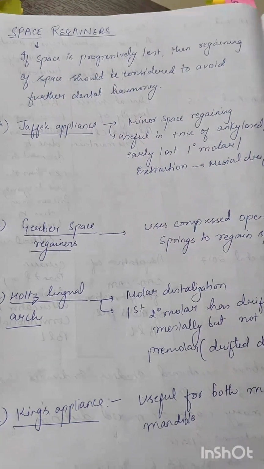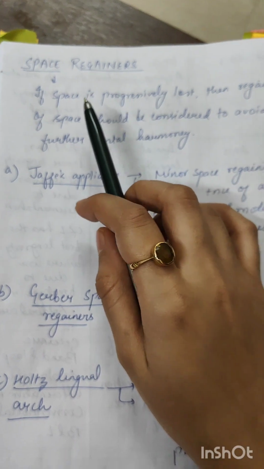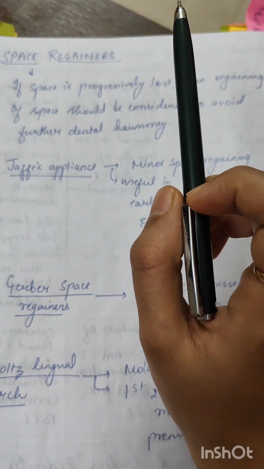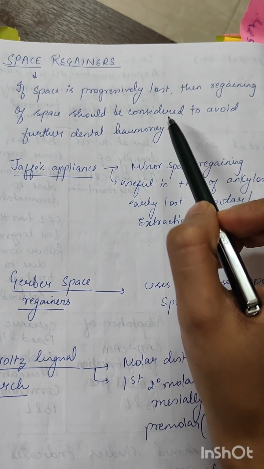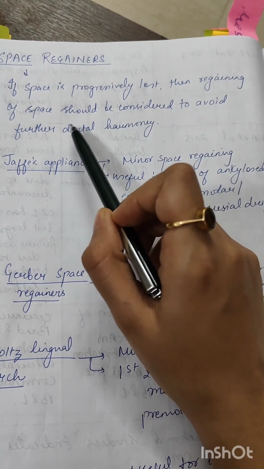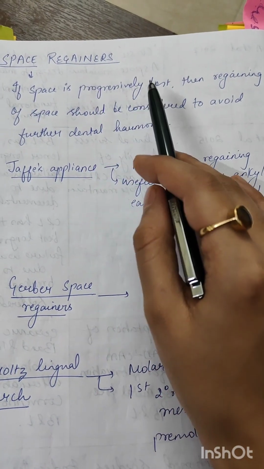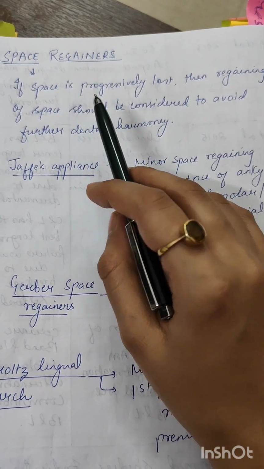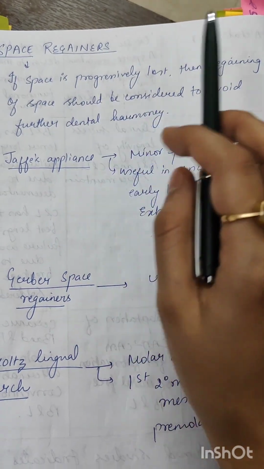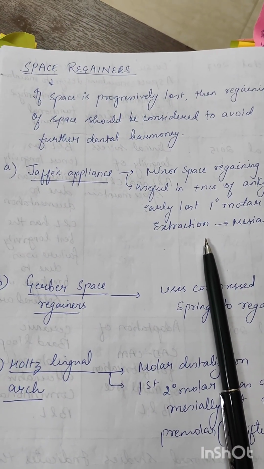Okay students, so now let us start with our next topic, that is space regainers. So what is a space regainer? If a space is progressively lost, then regaining of the space should be considered to avoid further dental disharmony. So the definition of space regainer includes: